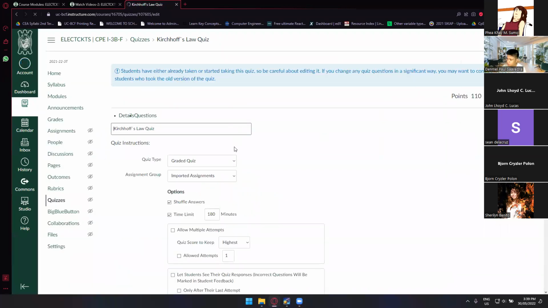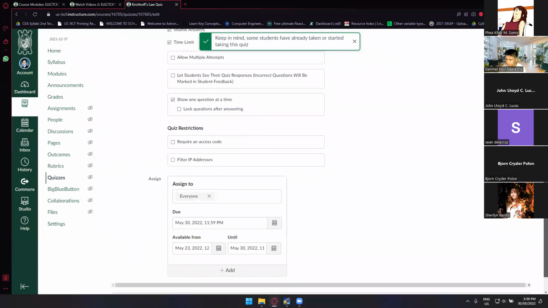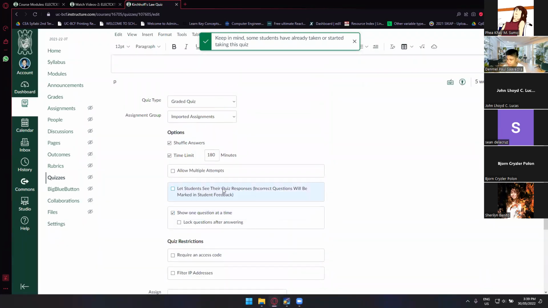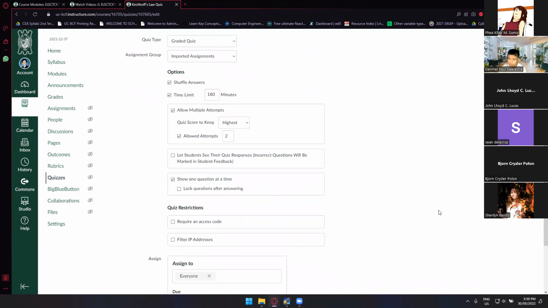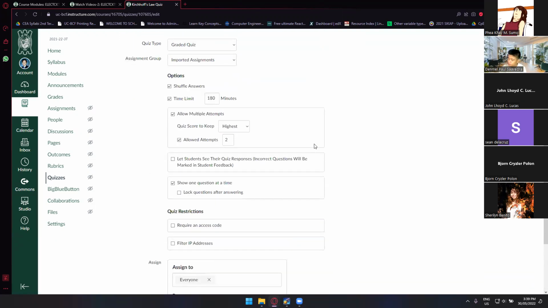for those who got a low score or even those who got a high score, I'll be giving you another attempt. So instead of only one attempt, I'm giving you two attempts. For those who haven't taken quiz 3, the Kirchhoff's law quiz, you have a total of two attempts, and for those who are already done with quiz 3, you have another chance. You can take it once again, so that if you have a higher score on the second attempt, that will be the one recorded. Whichever score is higher, don't worry, that will be the one recorded.